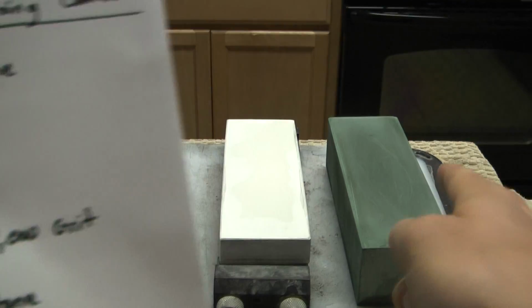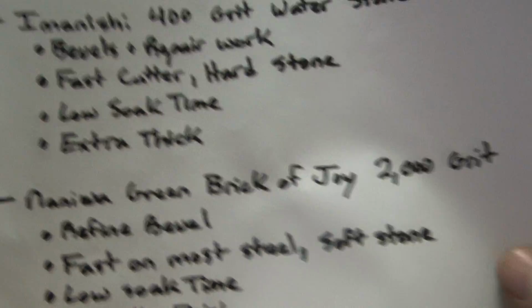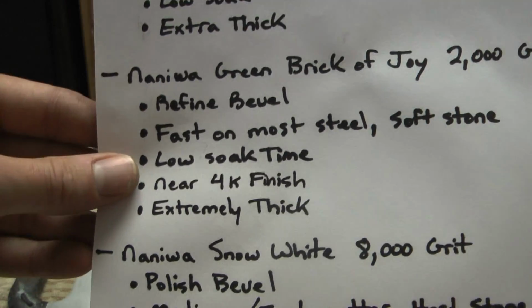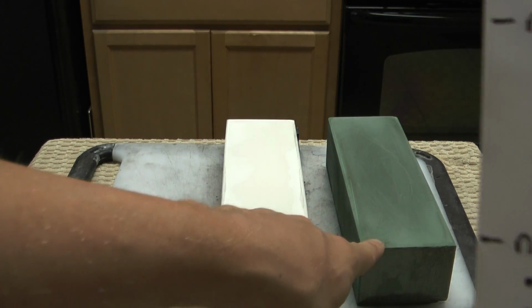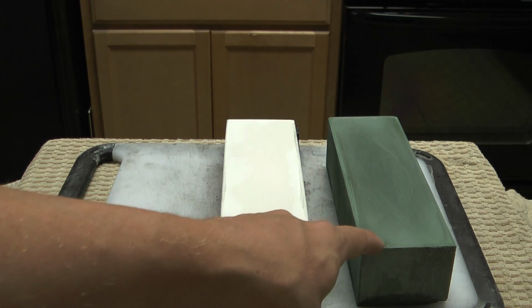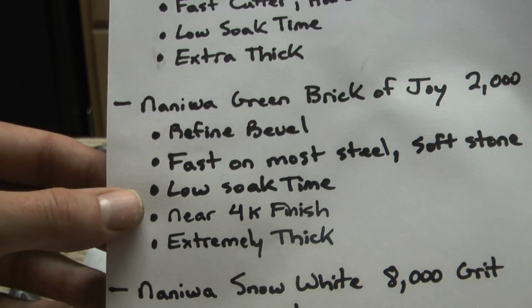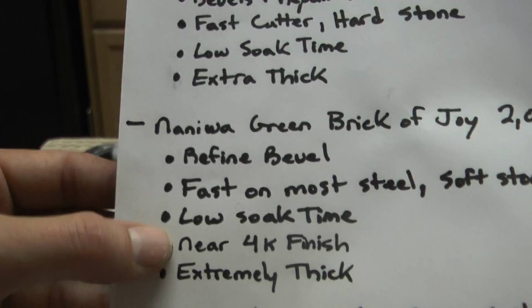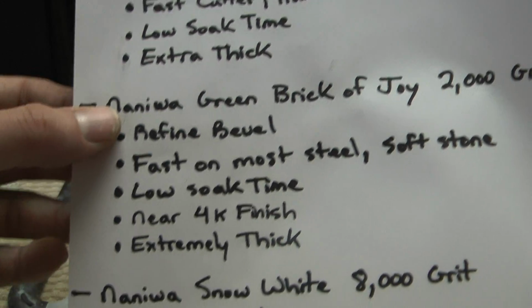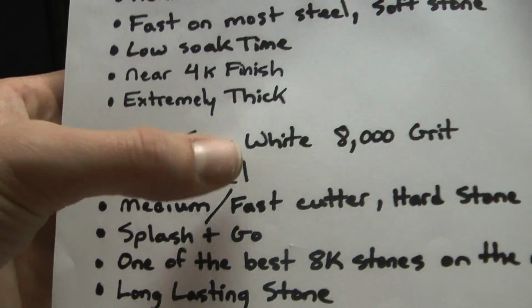I actually did a video last night with the HAP 40 and another knife. I sharpened 2 knives, but it was 30 minutes long, a little too long for you guys to watch. But rest assured it works great on pain in the butt stainless steels. It's the magic bullet for a lot of steels. Low soak, it leaves a near 4K finish. It's a semi-mirror finish, and refines the bevel from the 400 scratches and gets you ready to use the Naniwa